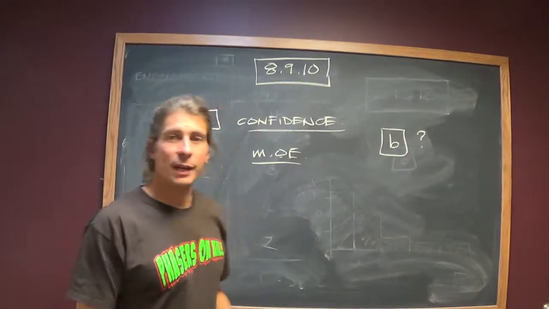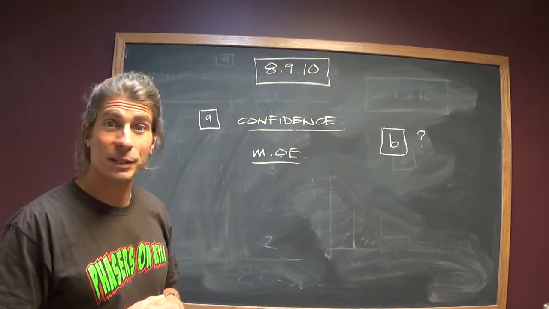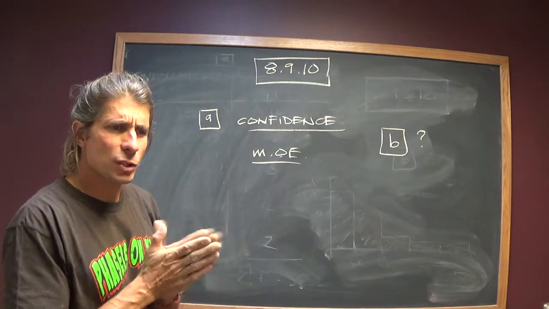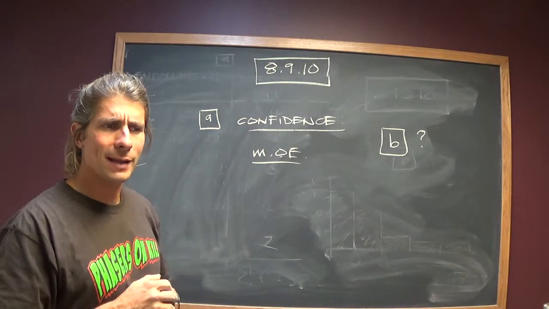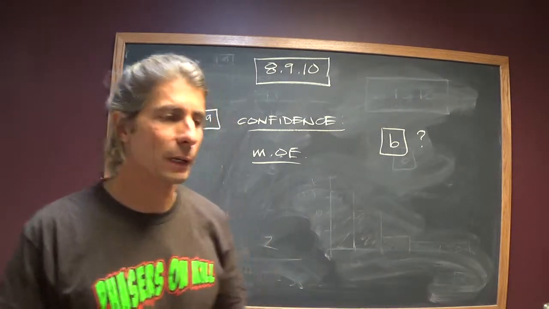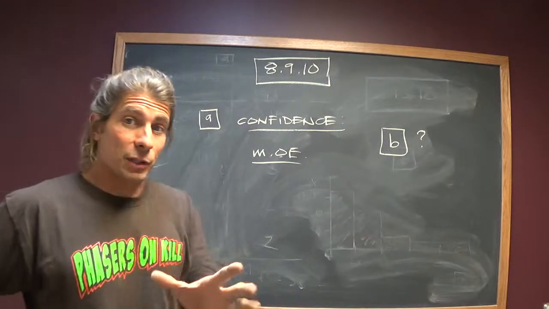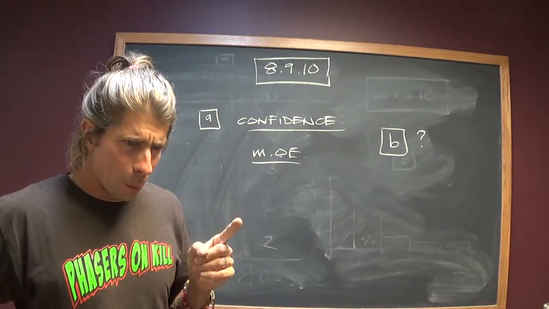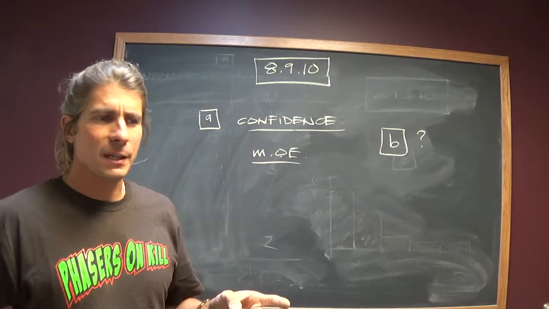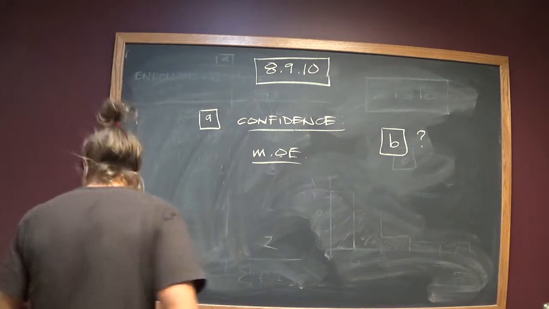Hello. Here's a solution to problem 8.9.10 in the Collaborative Statistics textbook. The question is trying to estimate a percentage of drivers who always buckle up before riding in a car. First question, when we're designing the study, not actually doing the study yet, but designing it, we want to be 95% confident, and the estimate is within 3%, maximum margin of error.